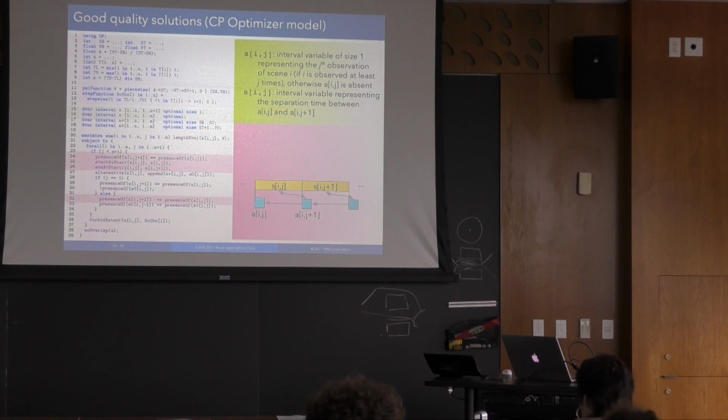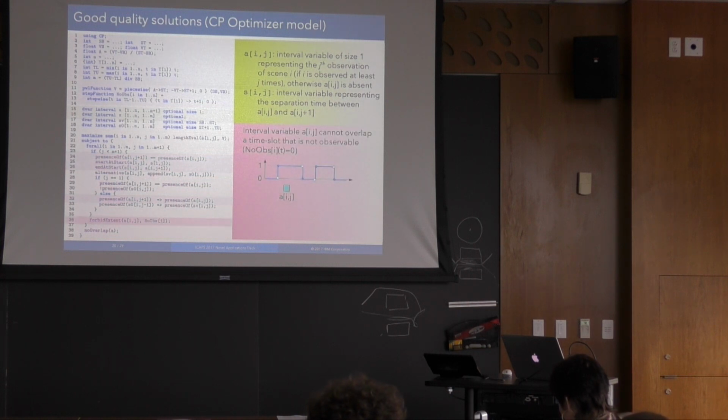So in fact, you need to express some implication constraint. And here what we say is that if we perform the G+1 observation, then necessarily we need to perform the G observation before. So there is an implication that you can write in this way, that the presence of interval AG+1 implies the presence of interval AG. Okay? And in the same way, the separation makes sense only if the two variables are present. So there is an equivalence relation here, presence of AG+1 equals presence of AG, linking these statuses.